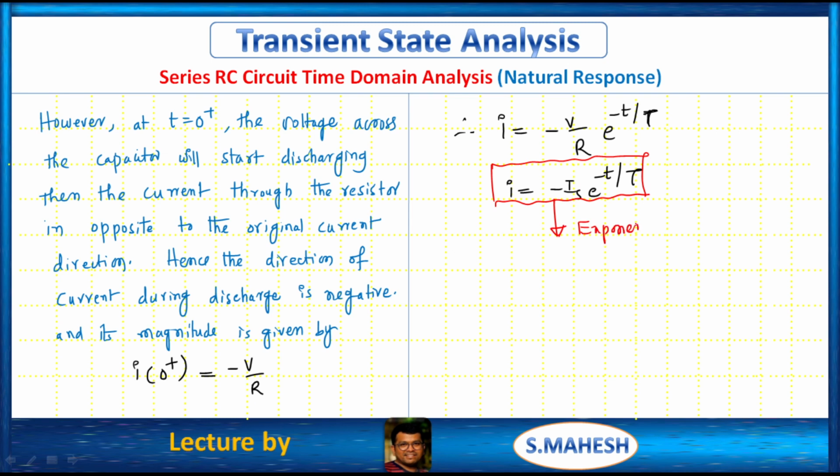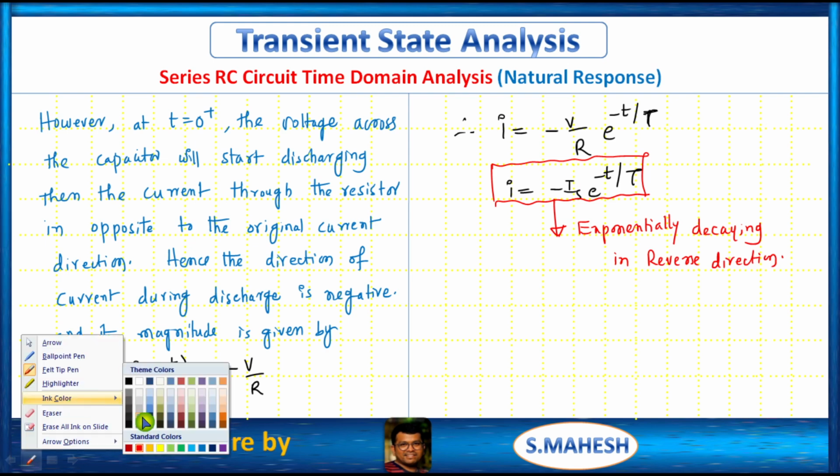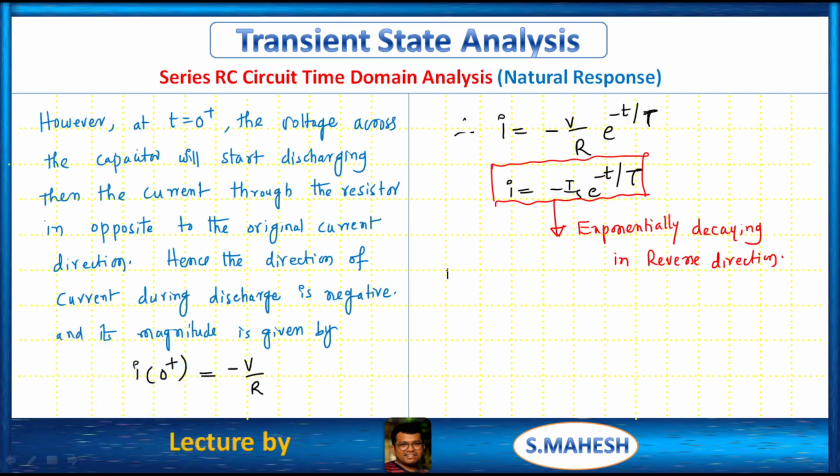Exponentially decaying in reverse direction. That is, we can say that, see, this is minus I, this is plus I. Okay,